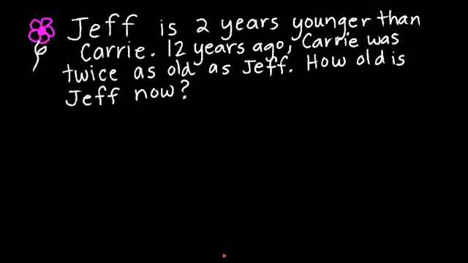Okay. The very next problem is probably a little bit simpler, actually. It says Jeff is 2 years younger than Carrie. 12 years ago, Carrie was twice as old as Jeff. How old is Jeff now? So we're going to go ahead and set this up with Carrie and Jeff. And looks like we're going to really need 3 rows. We have 2 people